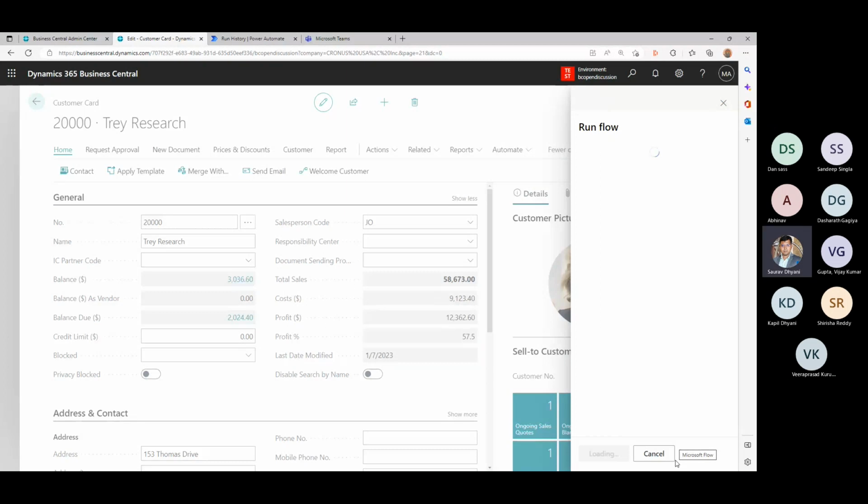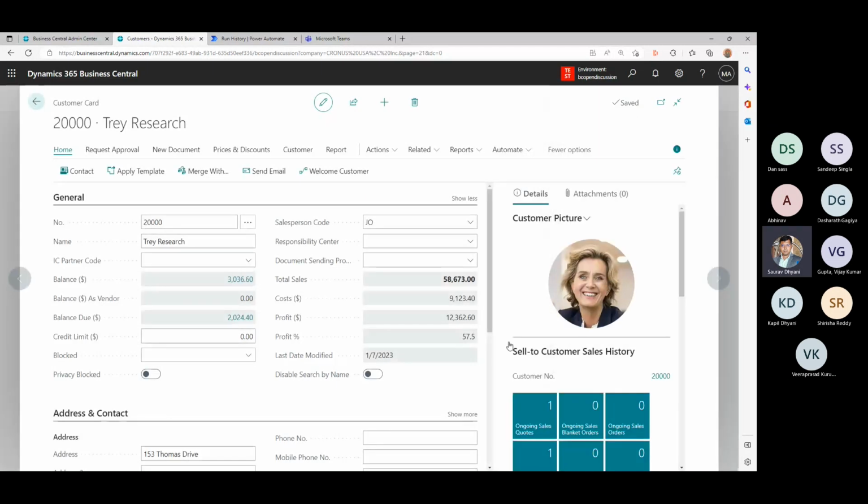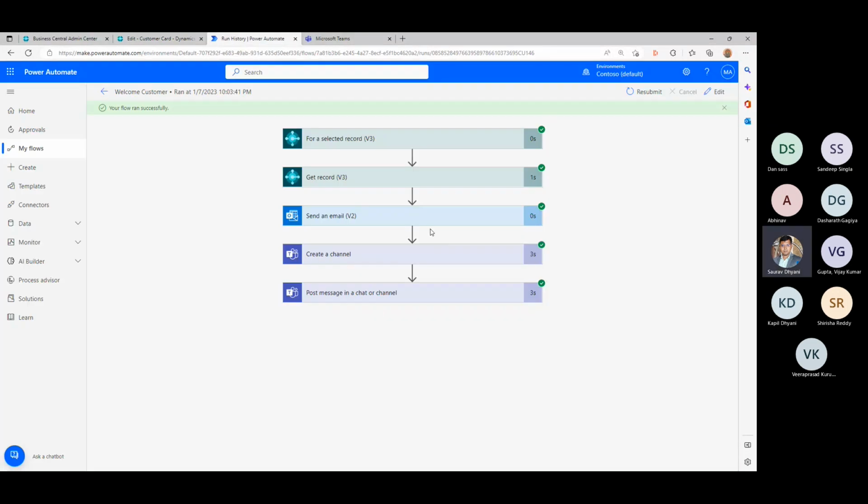Now, this is an example of a manual invocation of something. You can also do a similar kind of thing as an automatic automation. Like if my customer gets modified, or if this kind of event happens, then do these 5 steps. Any questions before we start trying to maybe do a decision tree here on whether it is even important? I haven't tried it, but I'll be okay if you want to try that.